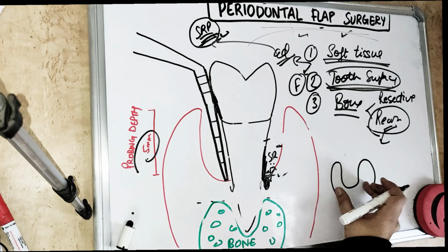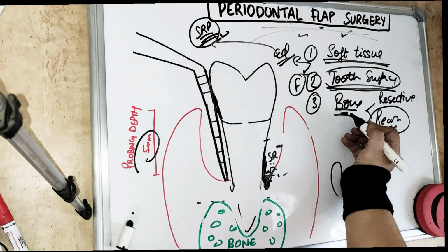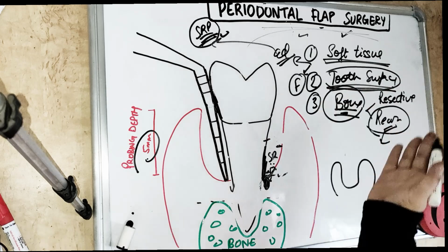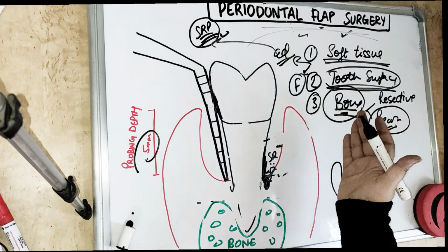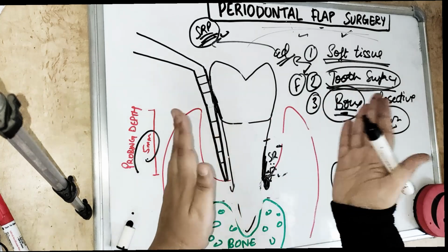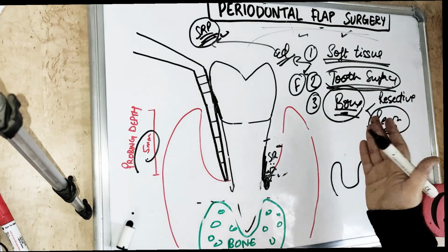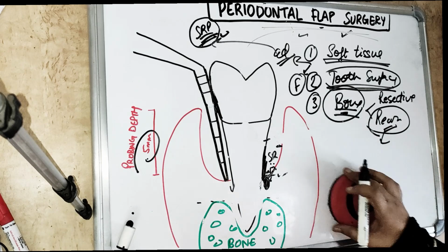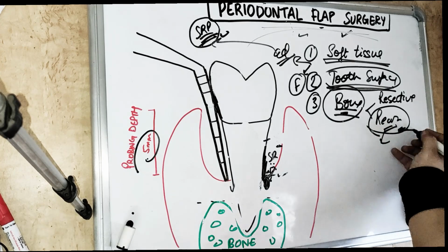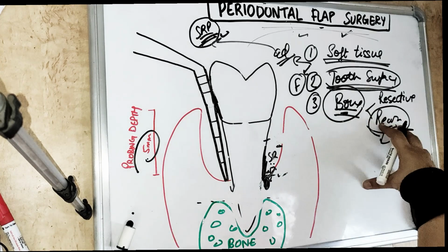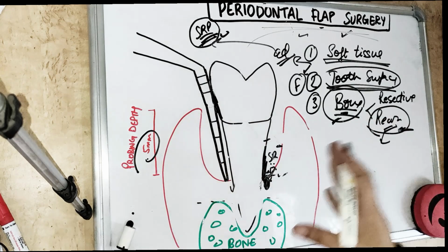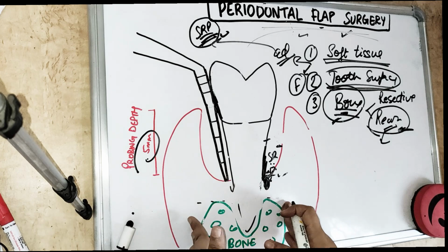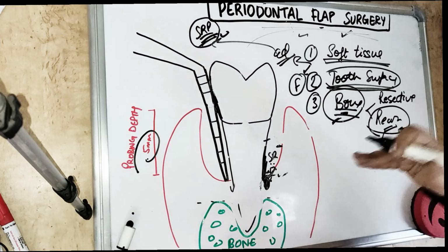Basically, if you are going for any bone surgical procedure, you have to reflect the flap accordingly. For the different kinds of surgery, we have different flap surgical procedures for bone surgeries. Likewise, I have told you, for reconstruction surgeries you have to go for a specific kind of flap. So if you want to go for bone surgery, we have to plan specifically first that this is the bone surgery we want, and accordingly we will plan the flap also.